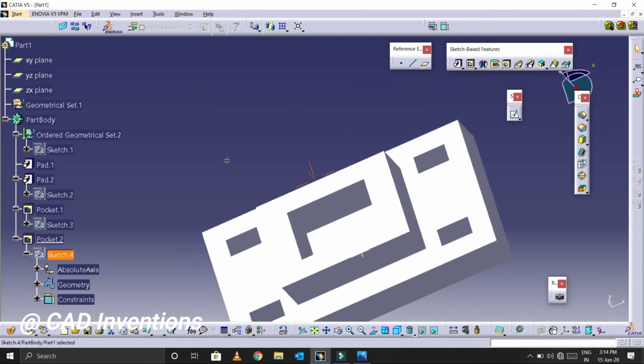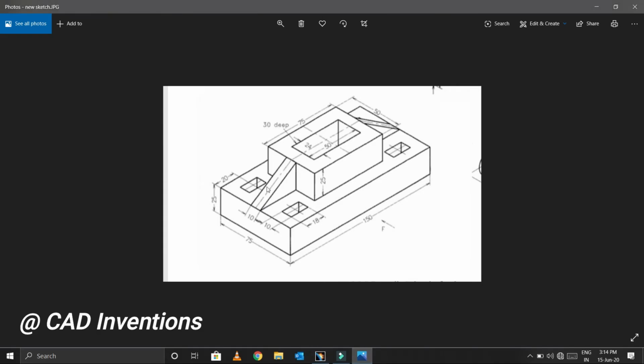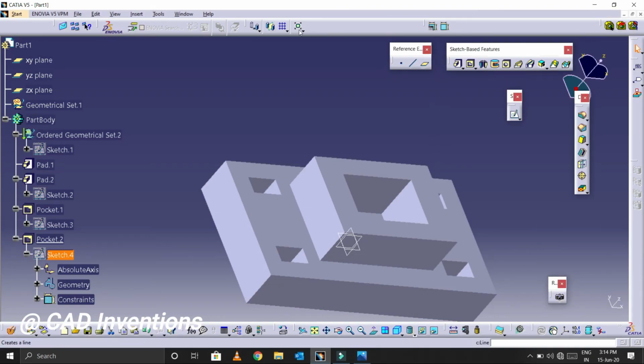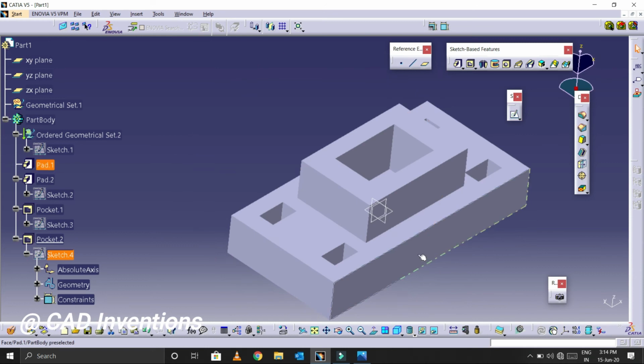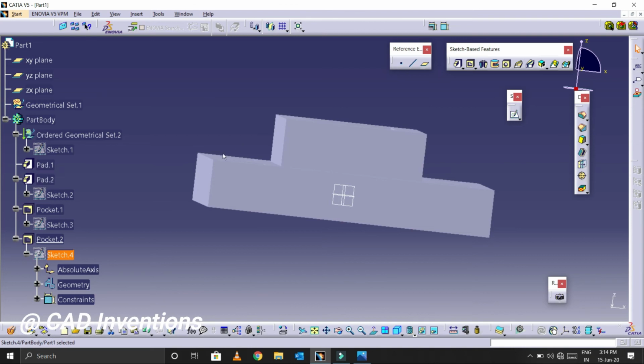Now you can see the sketch, and only one thing is left in this 3D sketch, the stiffener command. Let's make use of the stiffener command. We have the stiffener command directly, so it is here. Yes, this is the stiffener. It is in the sketch basic features dialog box, and we can make use of it. Before that we need to draw a line for the stiffener. Now I am going to select this as my view for drawing the stiffener. Select this plane and go to sketch.